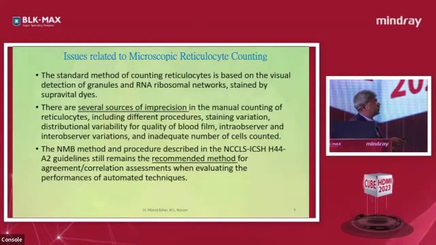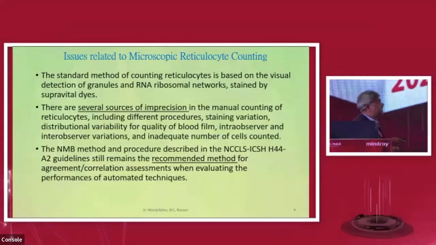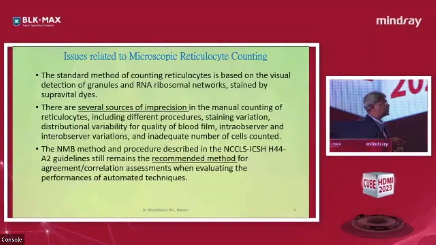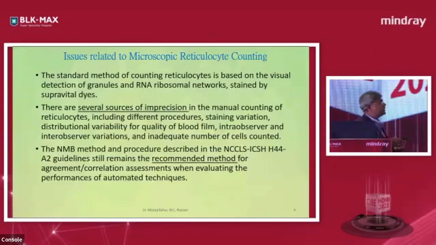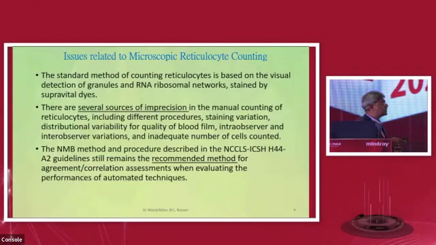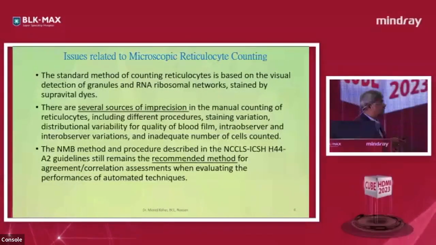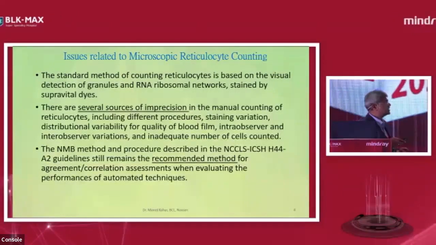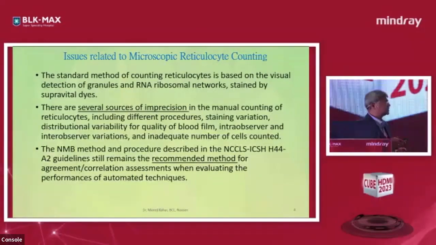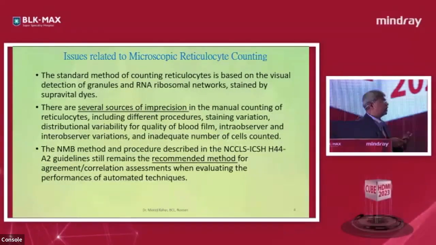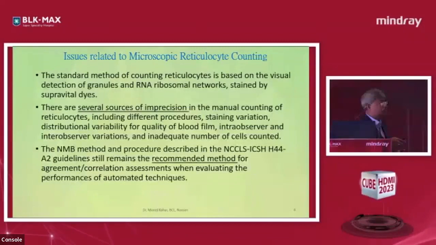Now, there are issues related to microscopic reticulocyte count, and as we have discussed, the standard method is based on the visual detection of granules and RNA ribosomal networks stained by supravital dyes. But there are various sources of imprecision, and these are manual counting of reticulocytes, how many reticulocytes you count, how many RBCs you count to go for the reticulocyte count, including different procedures, staining variation, distribution variability, quality of blood film, intra-observer and inter-observer variations, inadequate number of cells counted. So all these add to the imprecision,